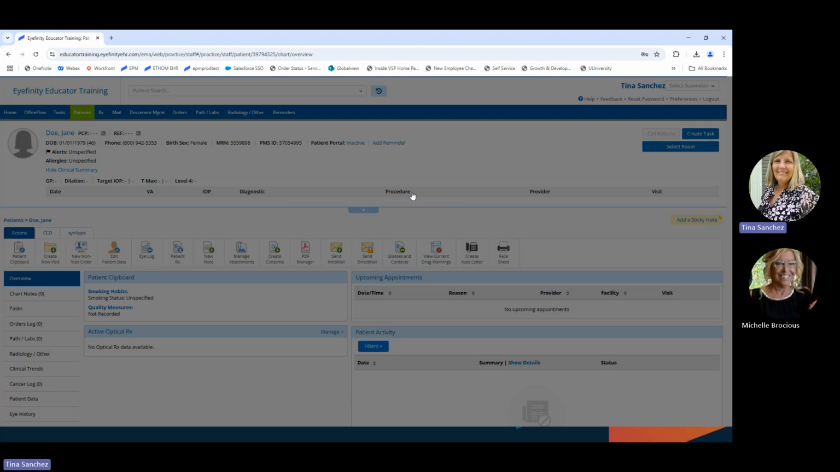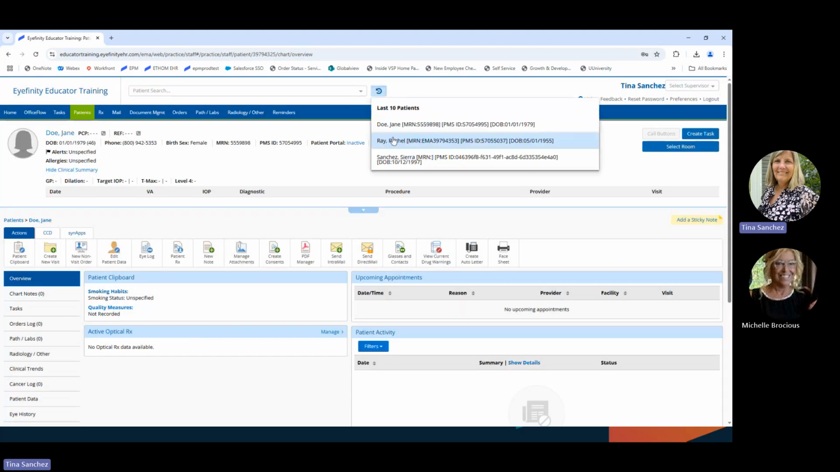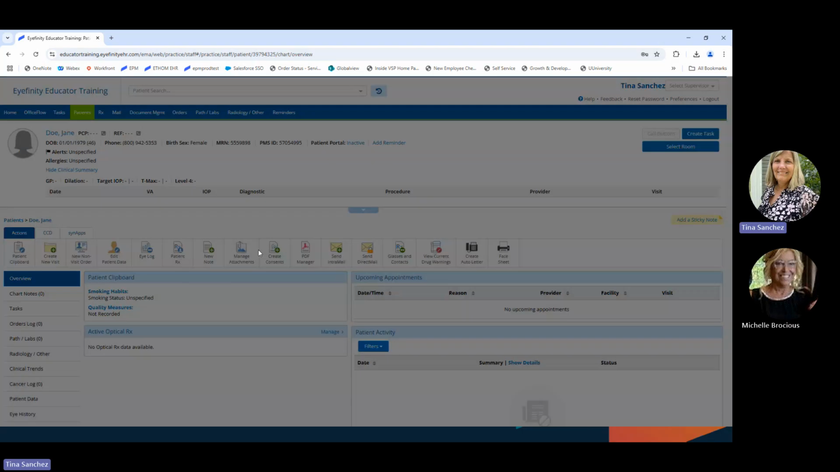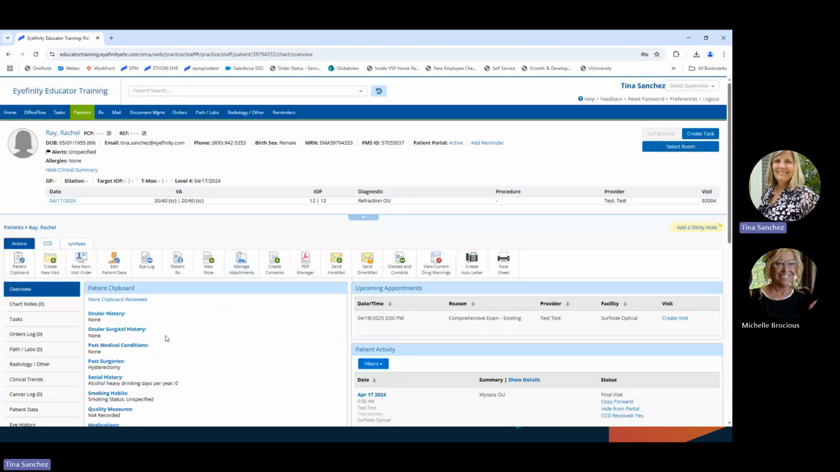Now, one other thing, I'm going to go back to my Rachel Ray patient. Let's say that my patient says, I don't have an email address for you to send something to. In that case, you don't have to be like, well, sorry, you can't use the patient portal. They can still use the patient portal. If you go into this edit patient data, we have an area here for the portal settings. So if you click on portal settings here,